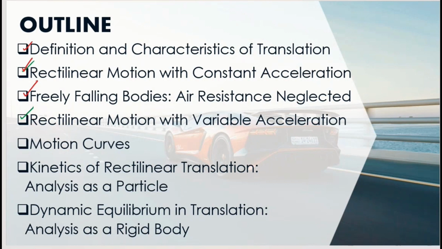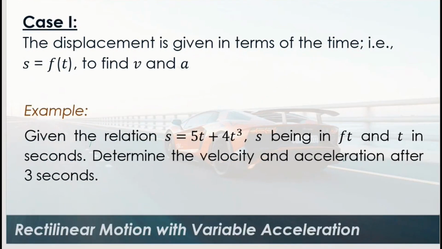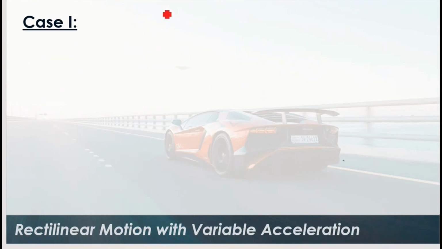First, in case 1, the displacement is given in terms of time, or S is equal to a function of time, to find V and A. To understand that, we have this example: given the relationship S equals 5t plus 4t cubed, S being in feet and t in seconds, we are asked to determine the velocity and acceleration after 3 seconds. So let's have this one. S is equal to 5t plus